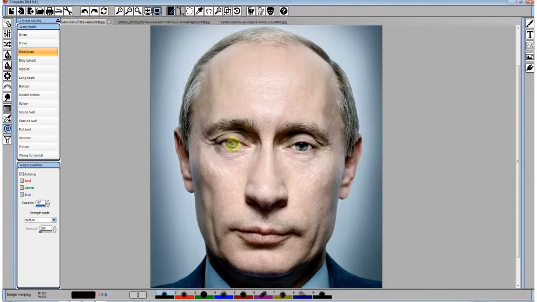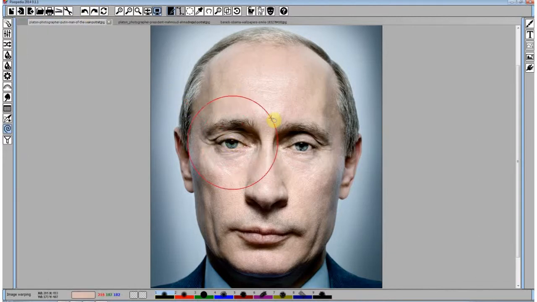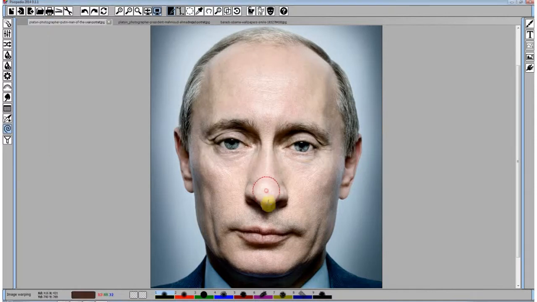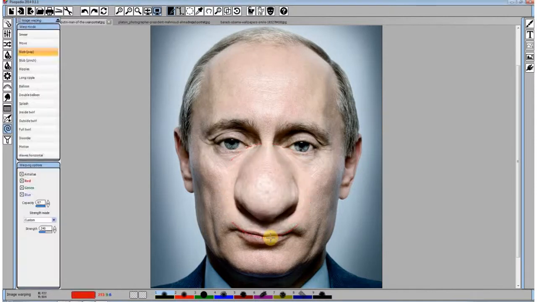Also there is delayed warp mode. We first draw the area and then warping is done. Of course we can use various strength modes. Here is a custom strength mode where we can increase strength according to our needs.